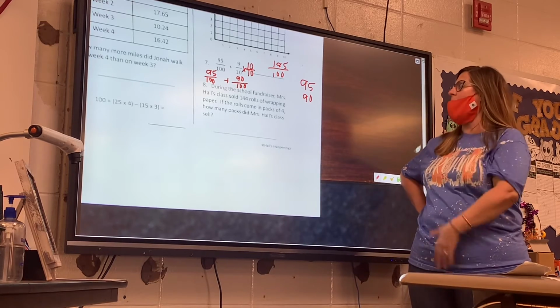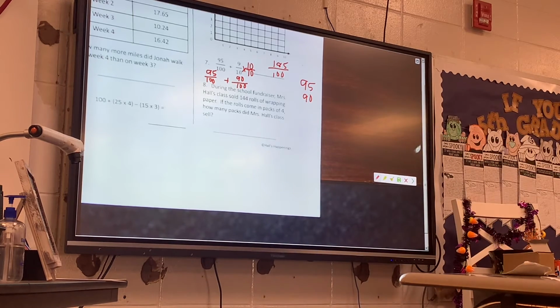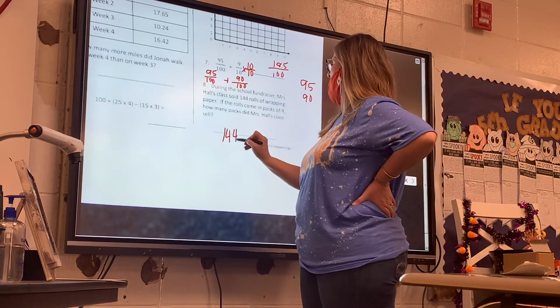Is Miss Hall's class getting any more rolls of wrapping paper? No. So we've already got what? A total. So if we've already got a total, what are we not going to do? We're not going to add, and we're not going to multiply. Are we taking any rolls of paper away? No. What did we do on A, B, C, and D on this problem? What are we probably going to do on this one? Divide. Because we're going to take 144 and we're going to divide it